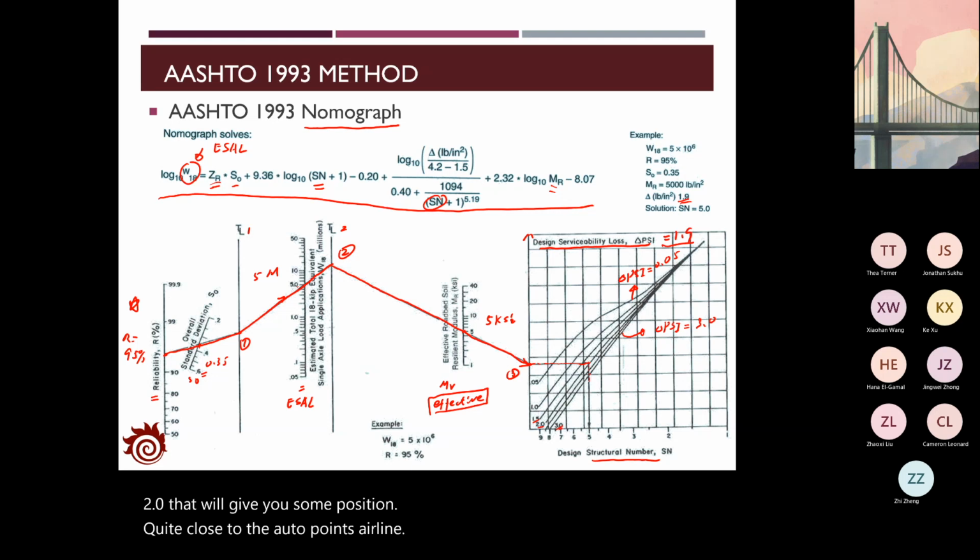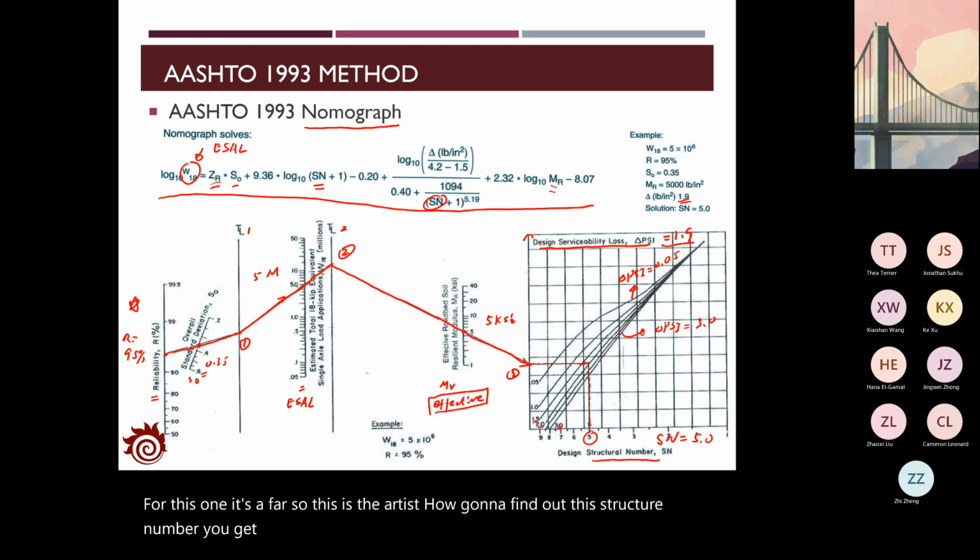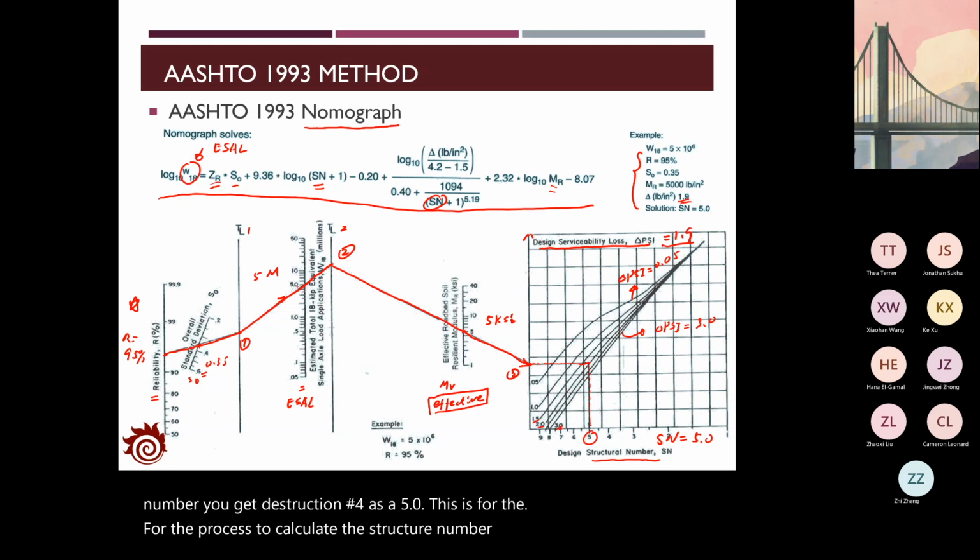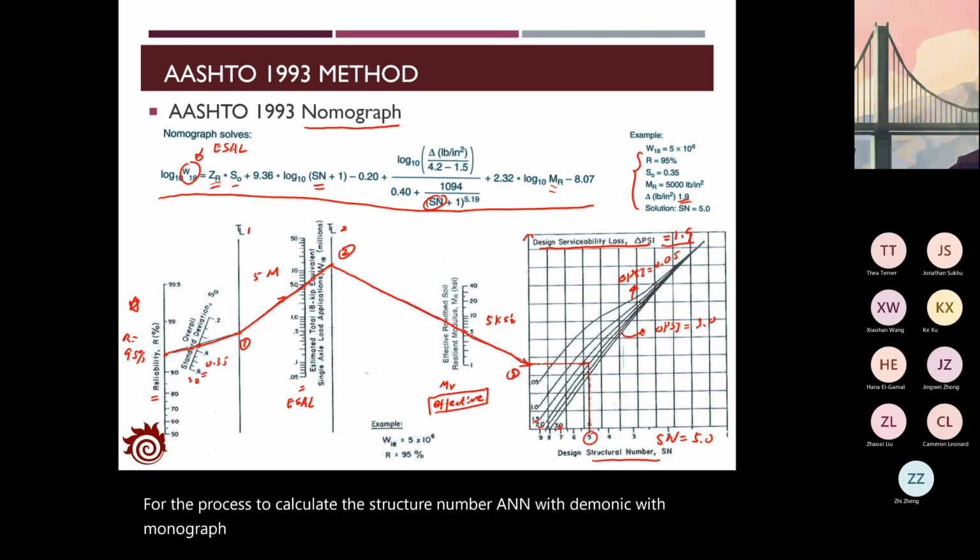And with that, you can get the structure number. So the structure number for this case is 5. This is how you're going to find out the structure number. You get a structure number of 5.0. This is the process to calculate the structure number with the nomograph. And we're going to use this graph to find out